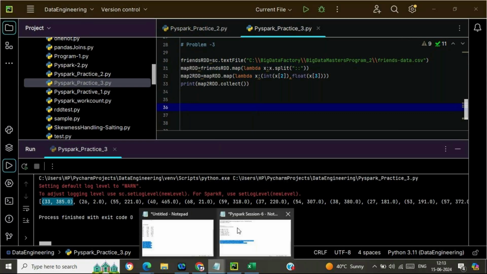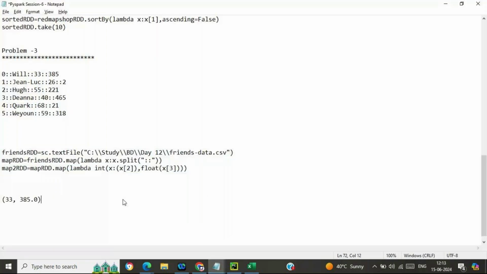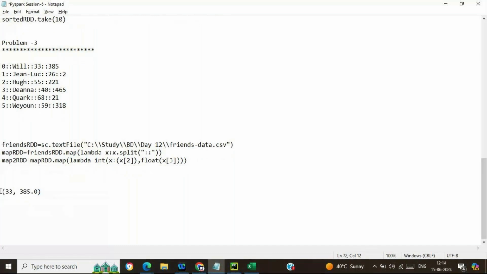Now just focus on the approach. At this moment we are having 33 and this one. From this data, I will apply a map transformation.